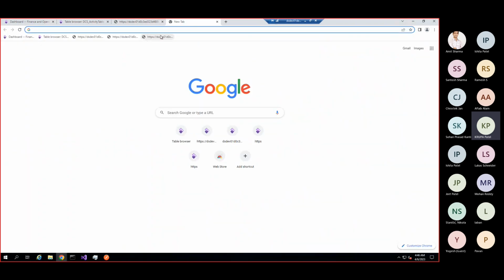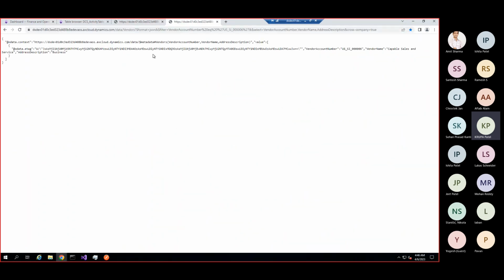Now if you want a specific vendor account number, here I have passed the $format because I want the JSON format. You can pass XML as well. Then in the filter, we are passing the vendor account number because I want the data of this specific vendor account number.